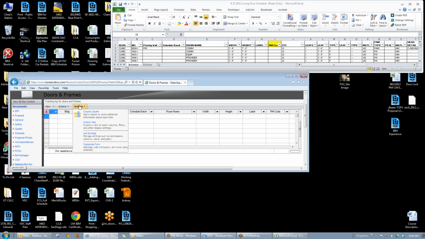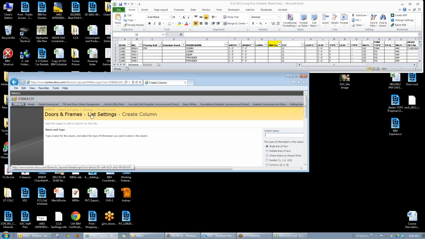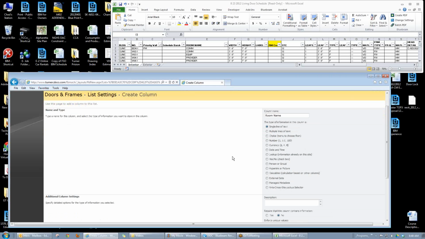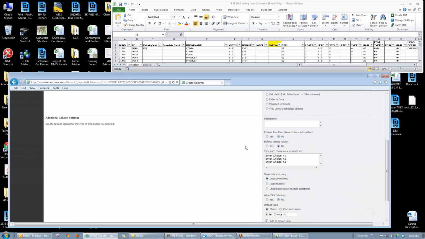In order to do that, if you go to settings down here, you can just create a column. And so when you create a column, if I wanted to have room name, let me make this a little bigger, I would type in room name. And I want that to be a single line of text, but you can do all kinds of stuff with this. And let's say you're going to make a column later on that says delivered. On that one, you're going to actually give it a choice. And so down on your choices down here, you actually get to enter